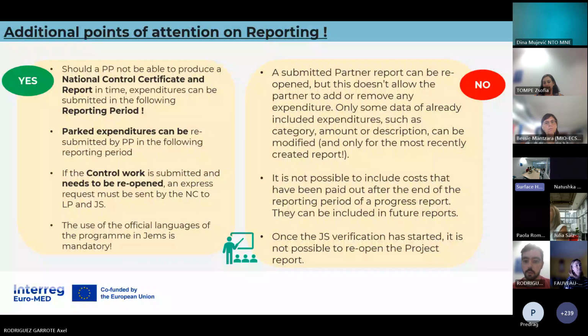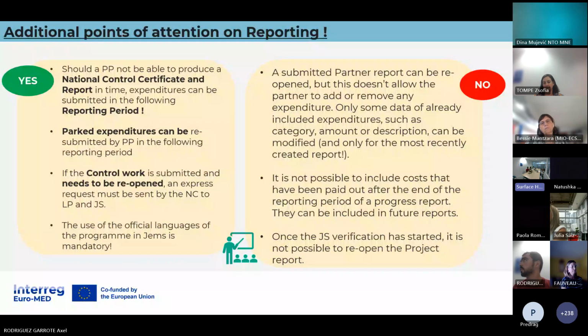Then the other points are quite clear. It is not possible to include costs that have been paid out after the end of the reporting period. They can be included in future reports. And also the possibility to reopen a project report exists even after the deadline.